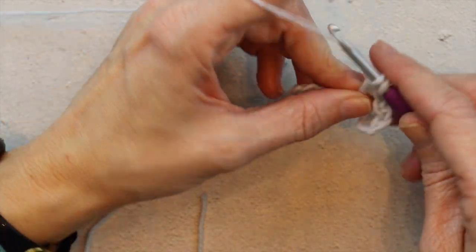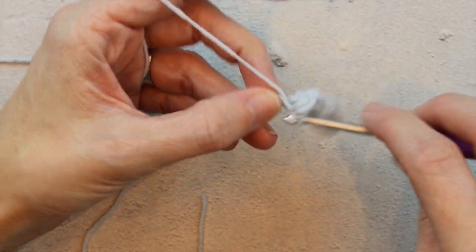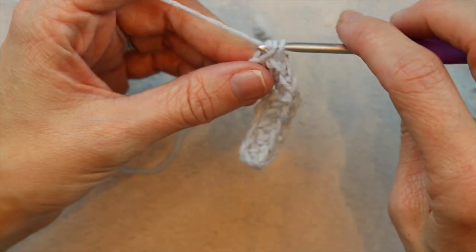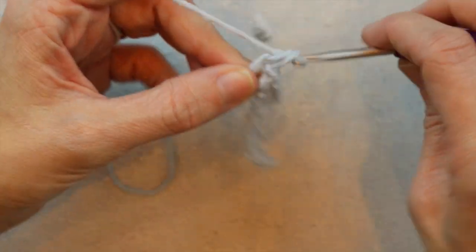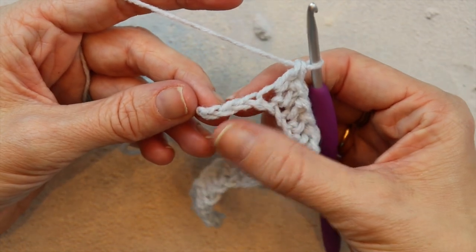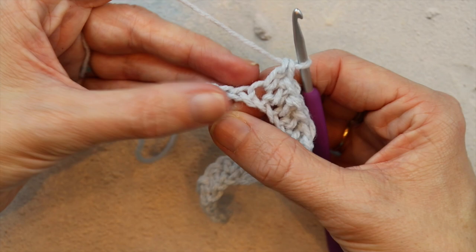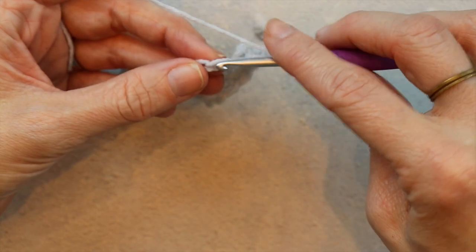You can see I'm just working one extended single crochet into each chain across. I'm going to continue doing that, just placing one extended single crochet into each of the chains. You'll have a very long chain for your baby blanket, but I'm just doing this small sample size. Okay, you can see I have 3 chains left in my row. 1, 2, 3, and then you can see my slip knot right here. So working my last 3 extended single crochets, 1,